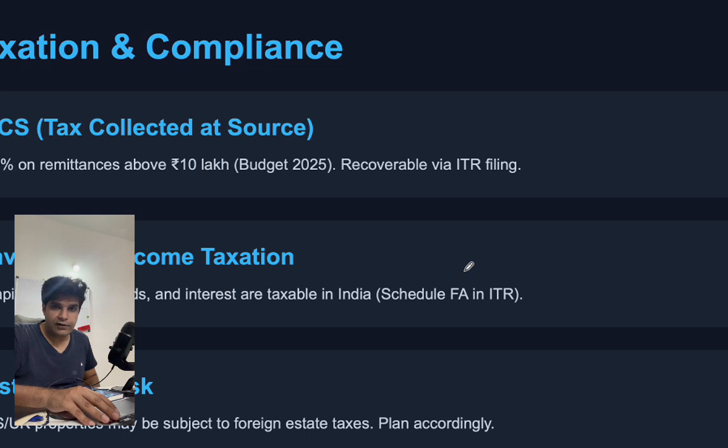Now, as I said before, the TDS above 10 lakhs is 20%, not 30%, and it will be deducted once the amount you're investing in a year is above 10 lakhs. So, let's say if you're investing 20 lakhs, then on the remaining 10 lakhs, 2 lakhs will be kept. If you're investing 30 lakhs, then 4 lakhs will be kept, right? It will be deducted as a TDS, but once you file your ITR, it is recoverable. RBI just wants to ensure that we are not evading the taxes.